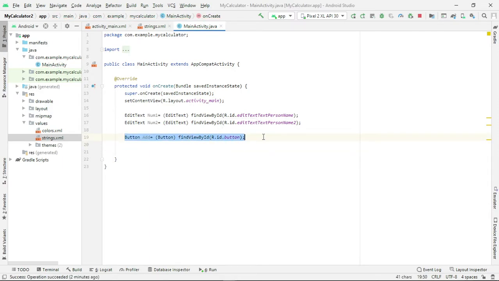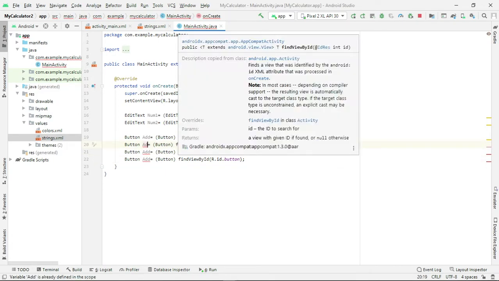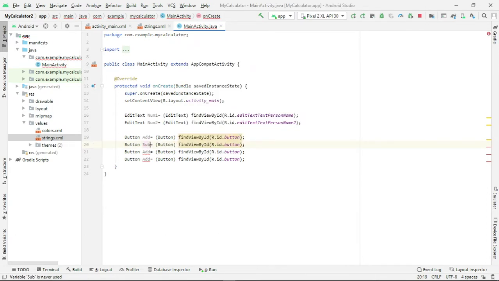So similarly, let me create an object for the subtract, multiplication and division: sub, mul, div. Let's check the IDs for each of the buttons.